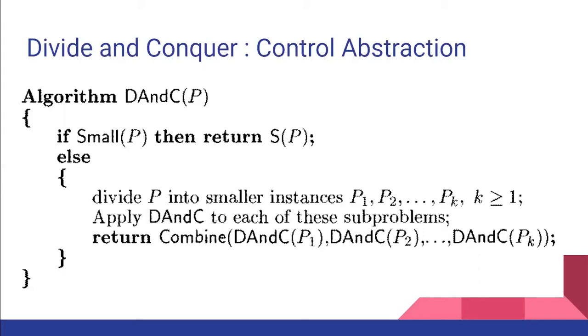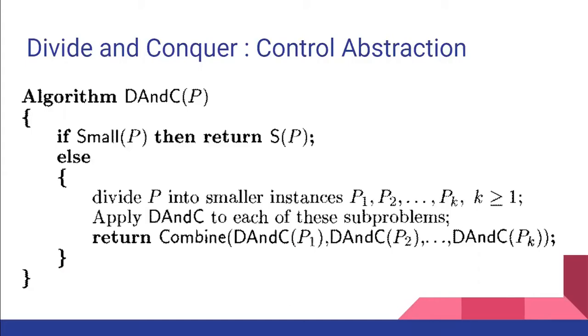If the sub-problems are still relatively large, then the divide and conquer strategy can be reapplied again. Often the sub-problems resulting from this divide and conquer are of the same type as the original problem. For those cases, reapplication of divide and conquer can be naturally expressed as a recursive algorithm. Smaller and smaller sub-problems of the same kind are generated until the sub-problems are small enough to be solved without splitting.